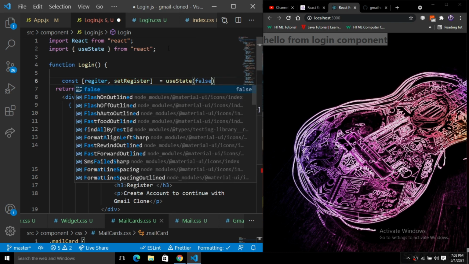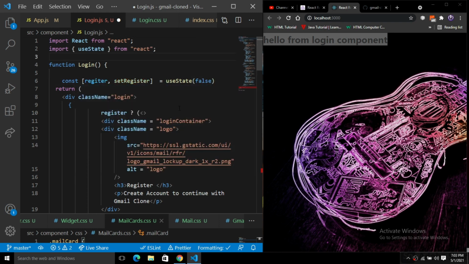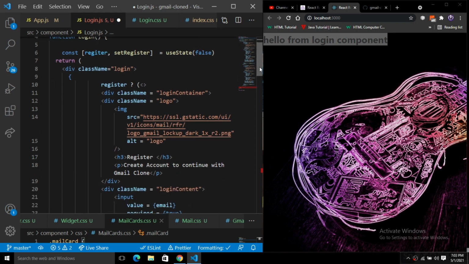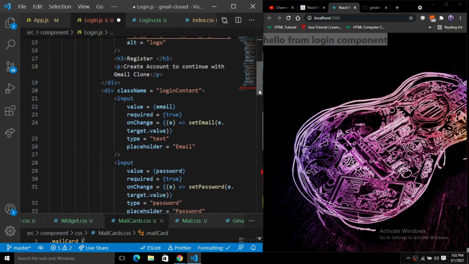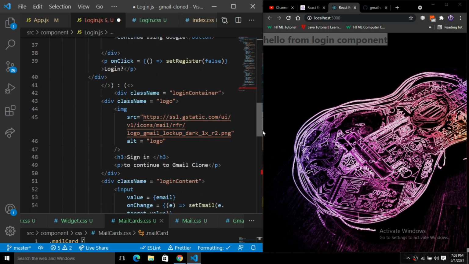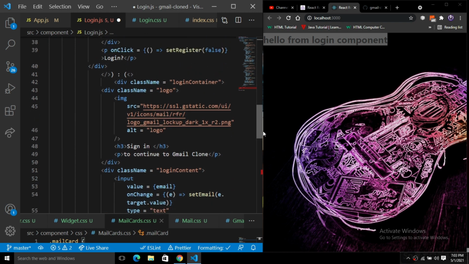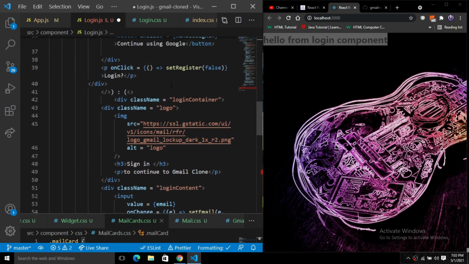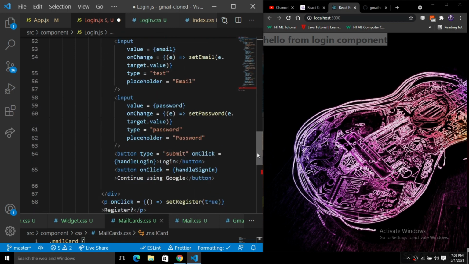Okay, so we have a login class. Next, if we are going to register, then the register card will be shown. When we log in, we have to show the login card, as you can see here.